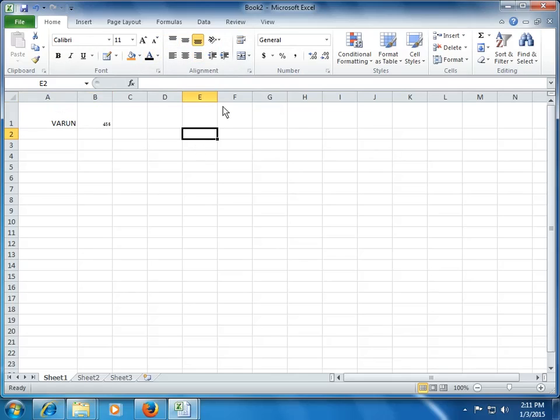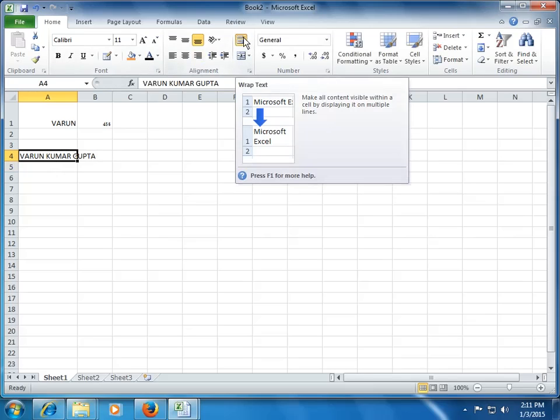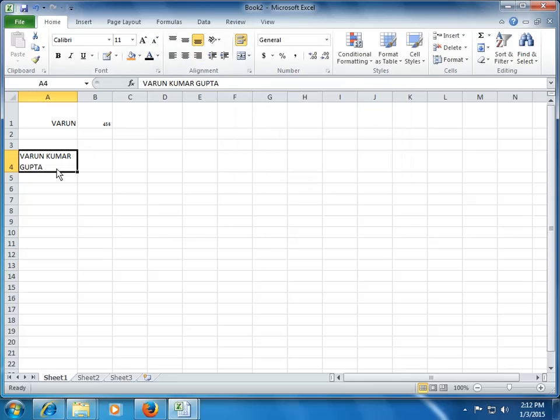Okay. Now another important thing which we have in our Excel sheet is wrap text. What I mean by wrap text is, let's say I am writing data which is too big to fit in the given column width. So what I can do is click this button called wrap text and Excel will change the height of the row to fit the cell content in the cell, right?